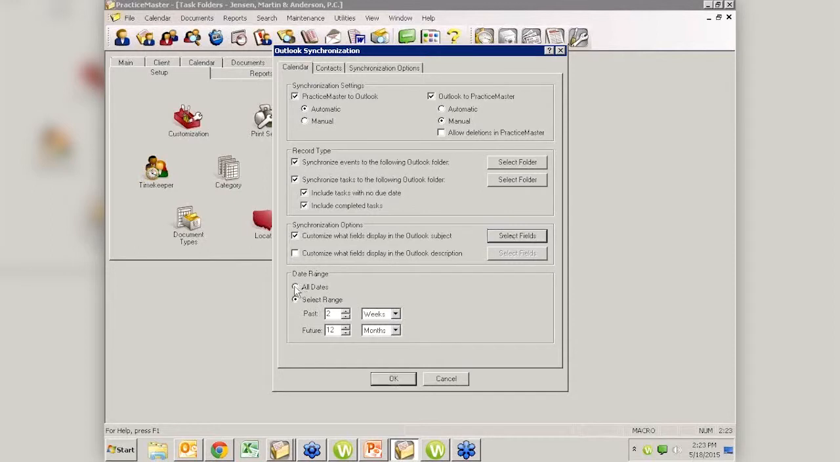Date range: we find more and more these days that firms are doing all dates. It's got some good and some bad. It perhaps sometimes is better to say we want the future 99 years. We always want the future synchronized, but we only want the past 2 weeks synchronized. That cuts down on the lag time and the drain on the server when it's doing a synchronization between Outlook